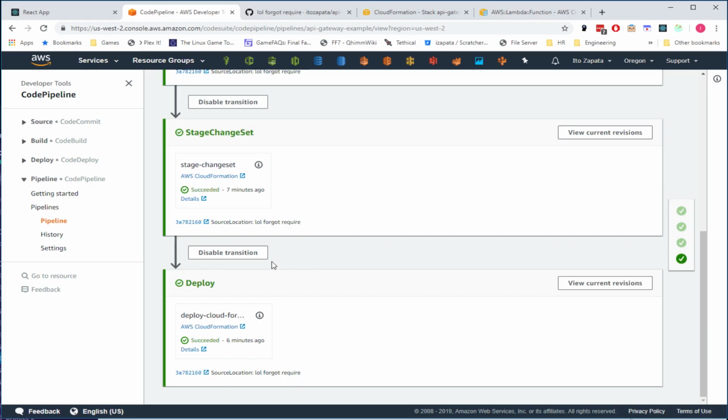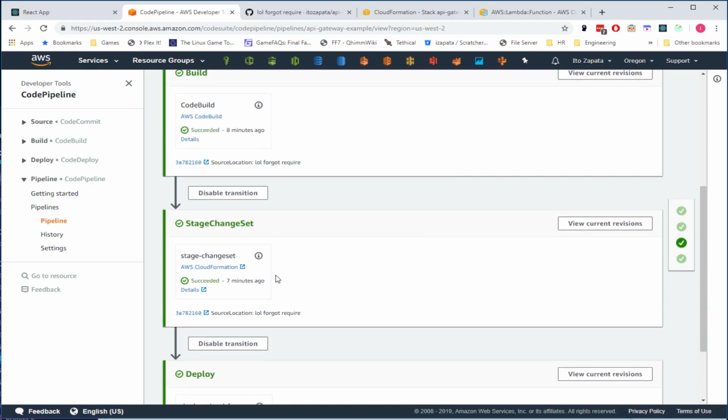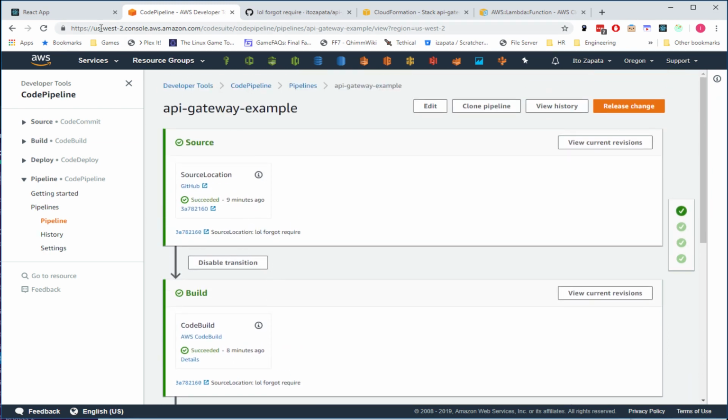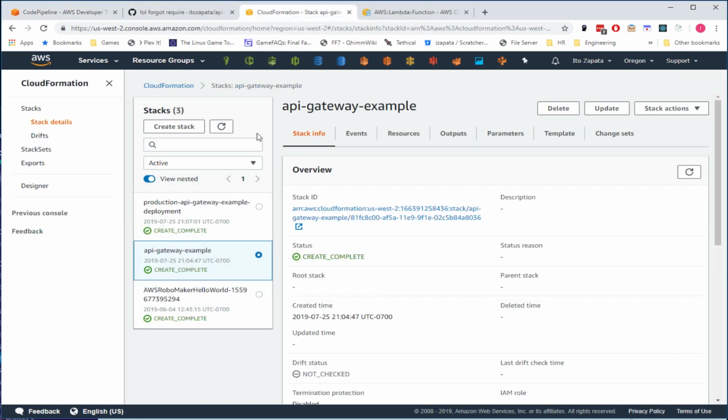Yes, okay, so that's kind of what my question is getting at. So if you go back to the other screen, where it showed the production and the non-production one. So it's not production and non-production, but this is the pipeline in this. Yeah, so what is this screen? This is the CloudFormation screen. Okay, so the difference between these two is the one that just says API Gateway example, the one you have selected now, is what you're working on. Like if you make changes here